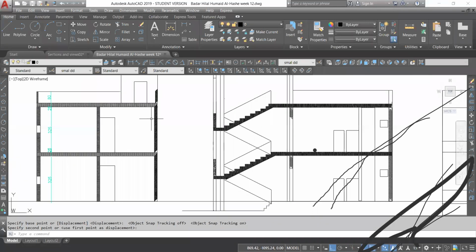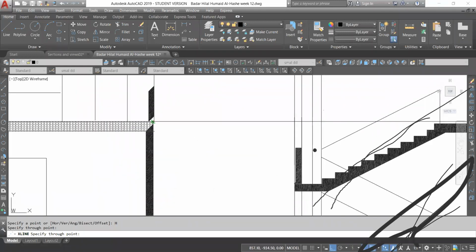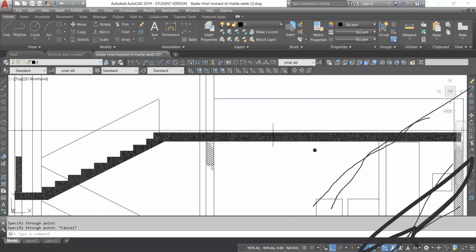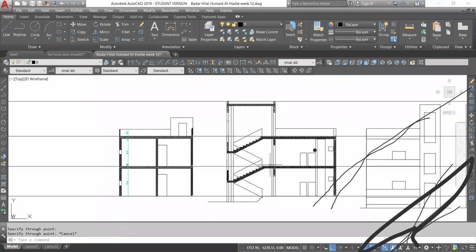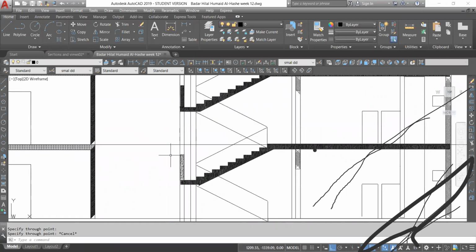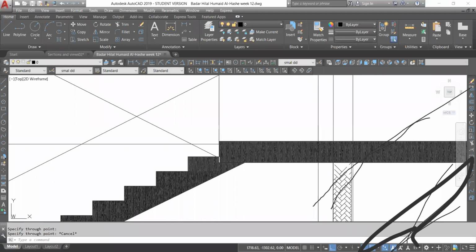If I draw again a horizontal construction line for another level, this one. Okay, here it is, it's not completely aligned. Here also, it's not aligned. So you can see the mistakes. This level must be the same as this one. This one must be the same as this one. So the alignment is not correct. You can see the difference. So if I remove this,